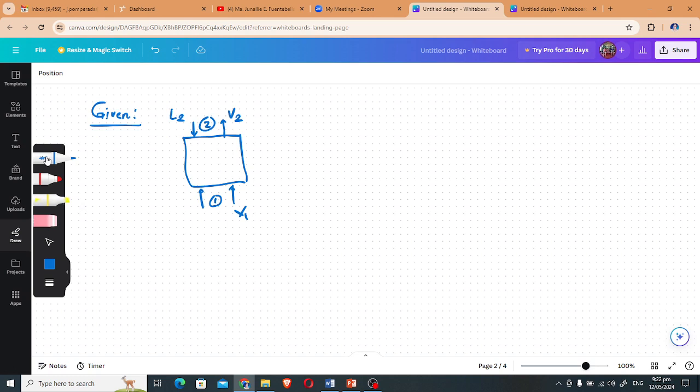Oh, sorry for this one, the arrow here. Oh wait, so the arrow here should be pointing downward. So this is L1, okay, and this is the part of the tower, which is 1. So since our solvent is pure air, Y1 then is equal to 0, and this is at 2 atm. Then we know that in here for V2 we'll have Y2, and for L2 this is the corresponding initial concentration of benzene